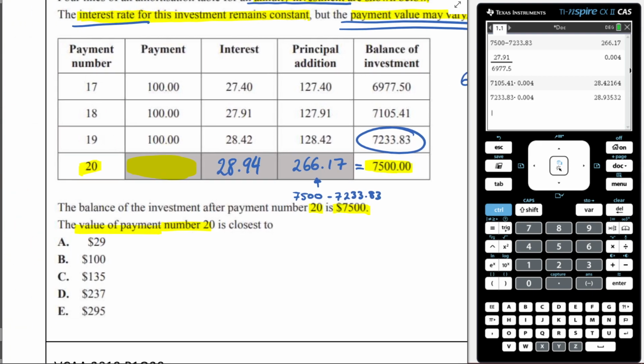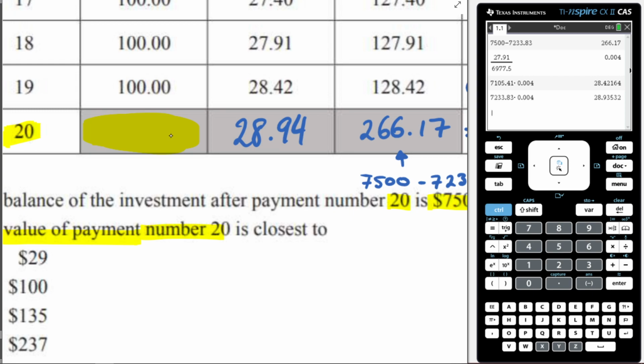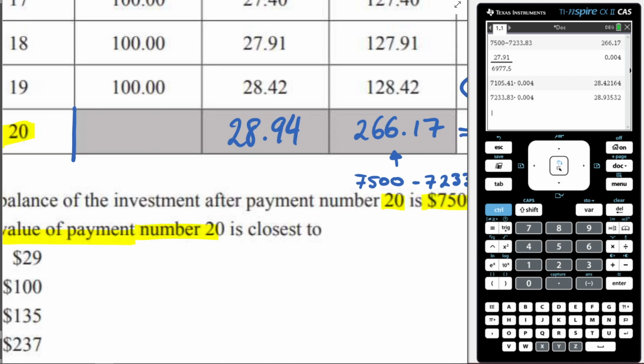All right, we're nearly there. So we have figured out the interest. We have figured out the principal addition. Therefore, to figure out this one right here, which remember is what we're after, I'll put a box around it because this is what we're after. To figure this out, what I'm going to do is take